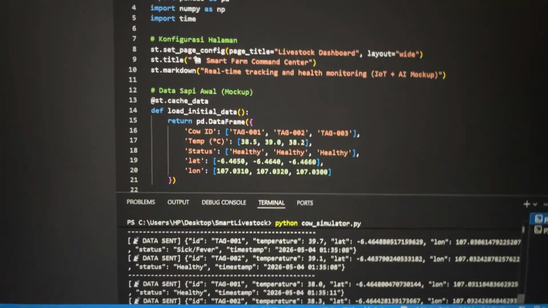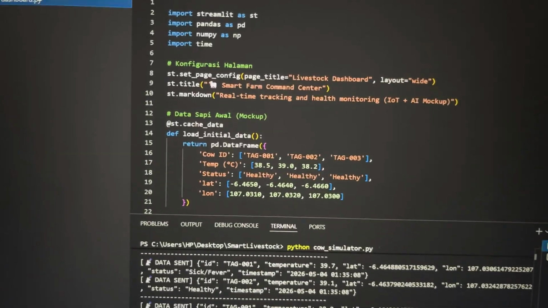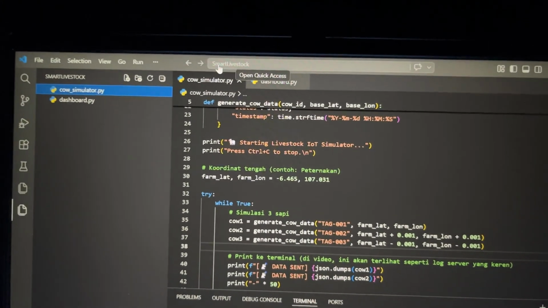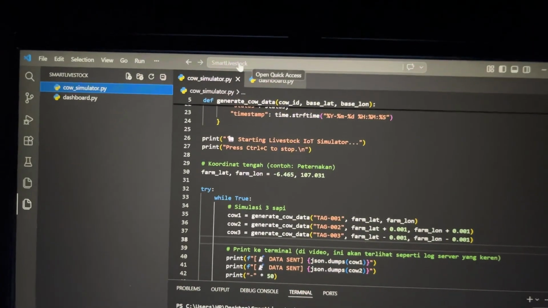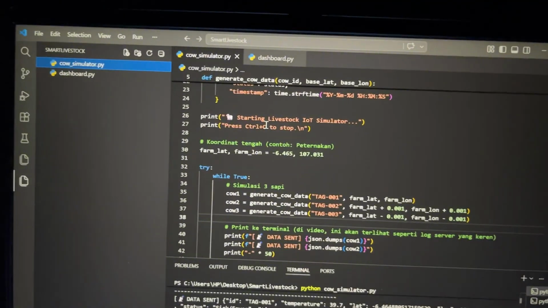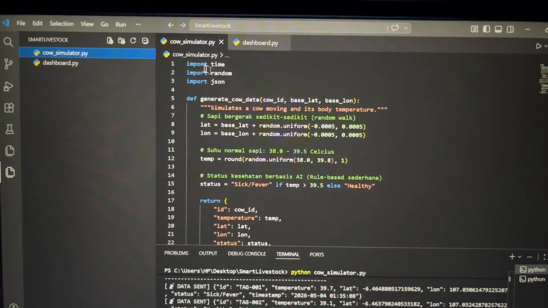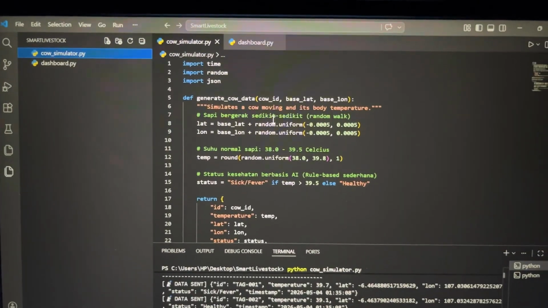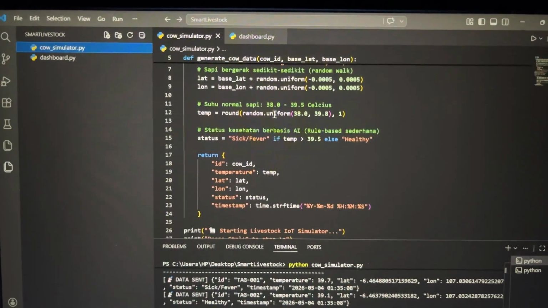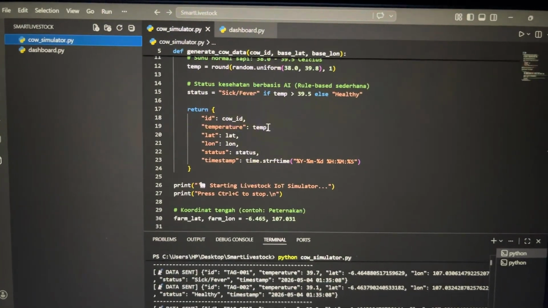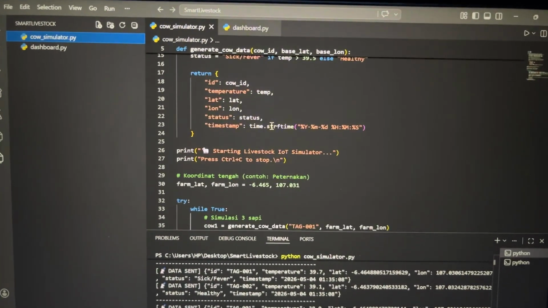Instead of waiting around, we built a proof of concept. We simulated it today. I will show you how to build a complete IoT and AI tracking architecture using pure software. We will write a Python script that acts as a virtual cow wandering around sending data. And then we built a beautiful command center dashboard to track them all in real time. Grab your